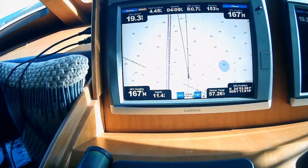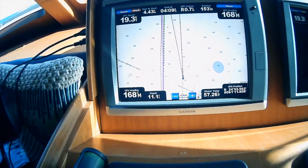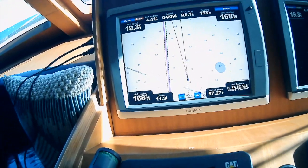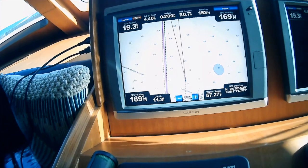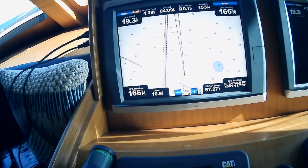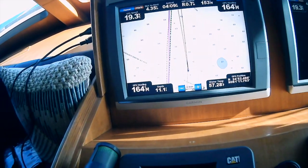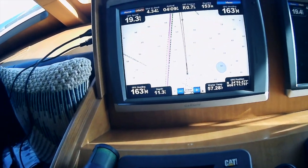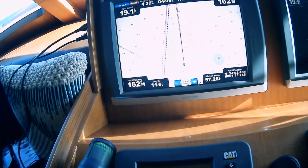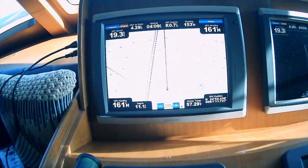Now in this case, the markers I'm going towards are part of the Intercoastal Waterway. The Intercoastal Waterway was built by the Army Corps of Engineers starting in the 1920s, I think mainly through the 1950s. And it was built as a strategic thing as a reaction to submarine warfare, World War I and then World War II. A lot of ships were getting sunk off the coast, so the government of the United States decided